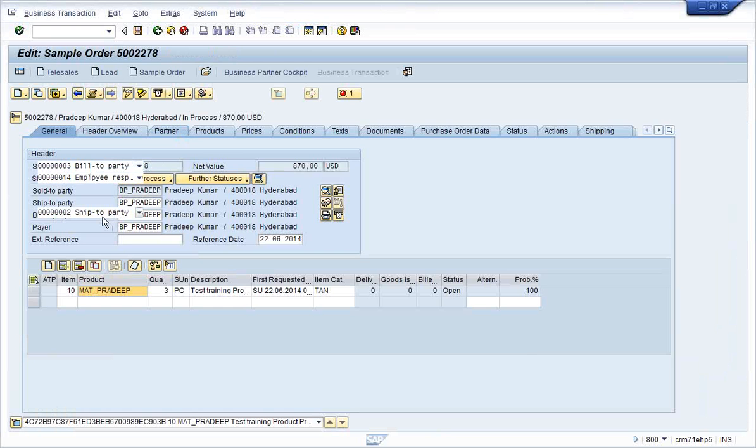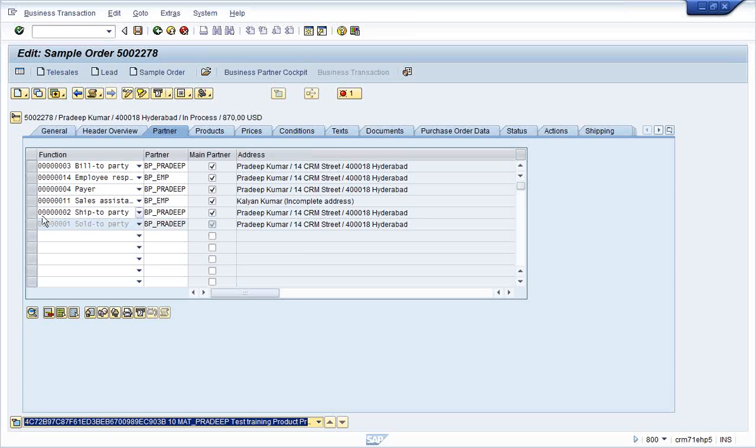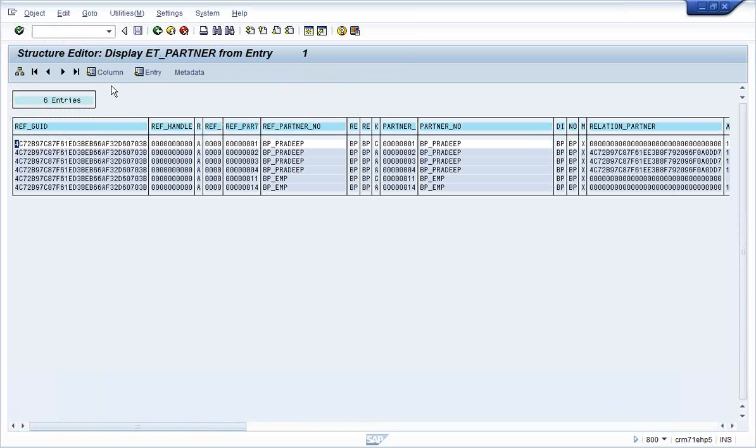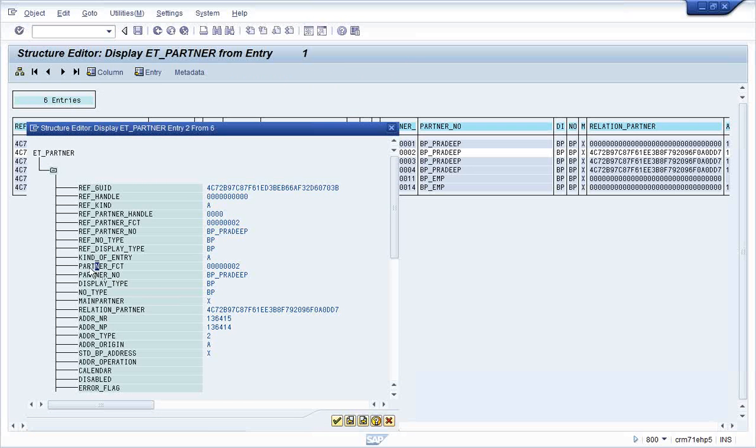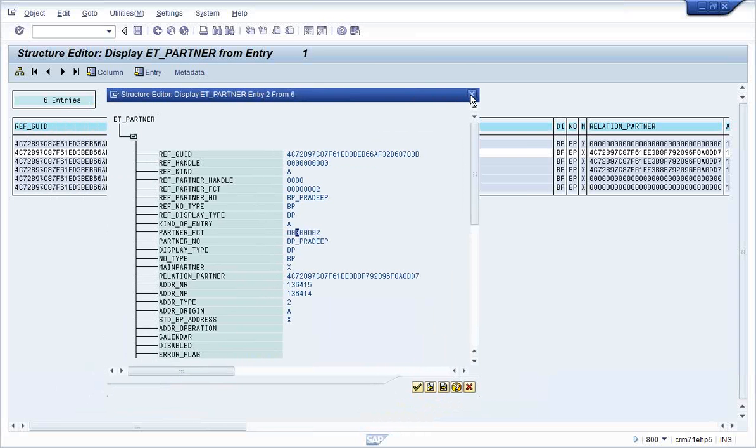The ship-to party has the number 20002. So on which field do you have to write the condition in order to extract that? You will see here, right? If I select the second record, it will show me that this is the field name on which you have to put this condition in order to extract the ship-to party. So this not only helps you to see the data graphically, but also in writing the programs.